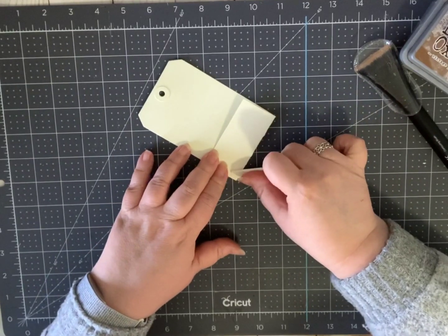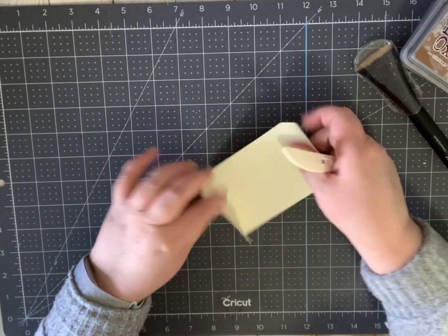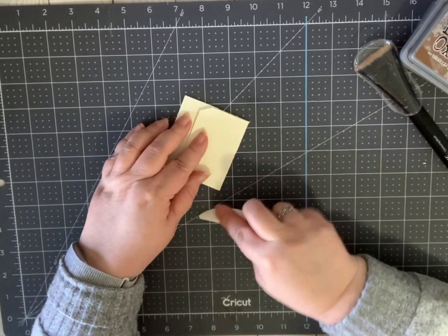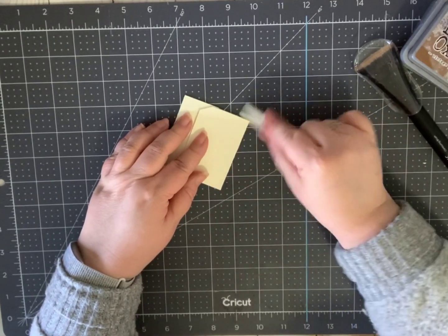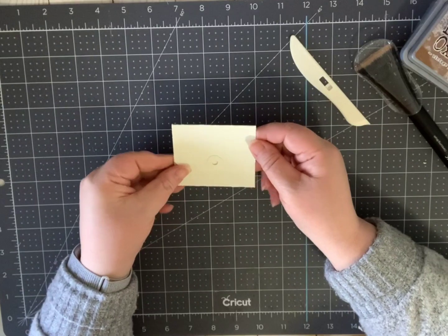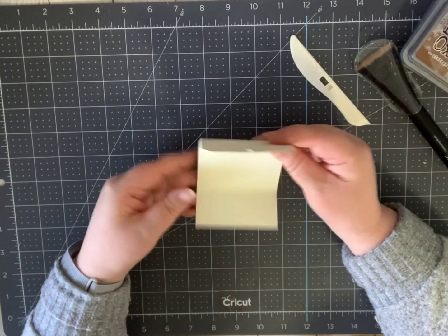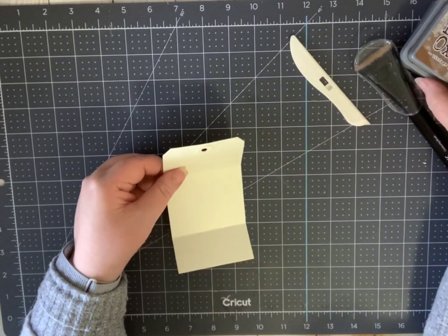So I'm going to fold it up from the bottom, give it a good burnishing, and then from the top, same thing. You can see that's already the foundation, just a flip. And you know, lots of different things you could do from here. But what I'm going to do is